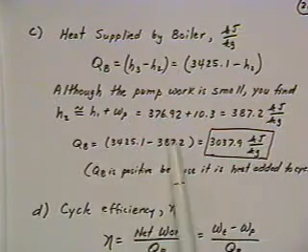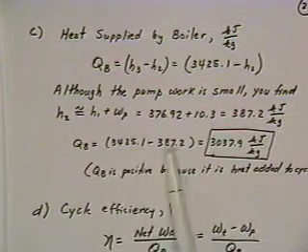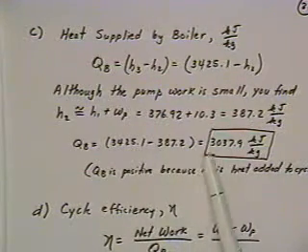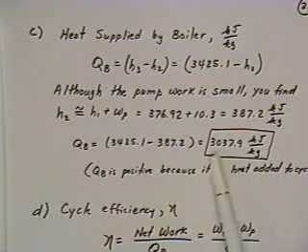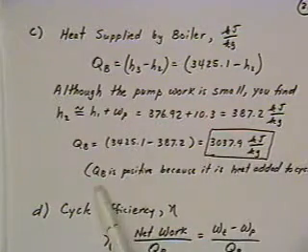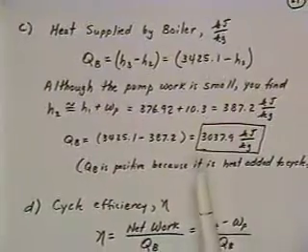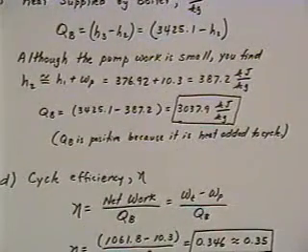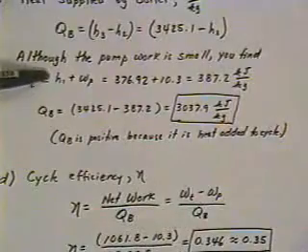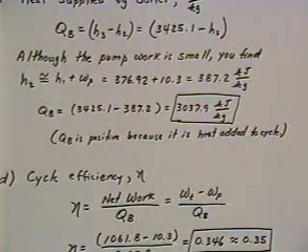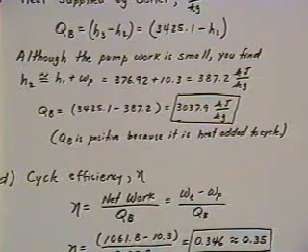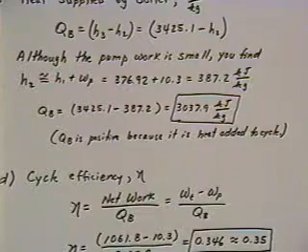So Q then is the difference between these two, 3425.1 minus 387, and so the heat that's actually added in the boiler is 3037.9 kilojoules per kilogram, and it's positive because it's heat added to the cycle. Now the reason why I say as far as your overall error is concerned, it wouldn't make a whole lot of difference whether you use the enthalpy of 2 equal to the enthalpy of 1 and kind of ignored the pump. The only problem is that you would likely find one of the answers on the exam,